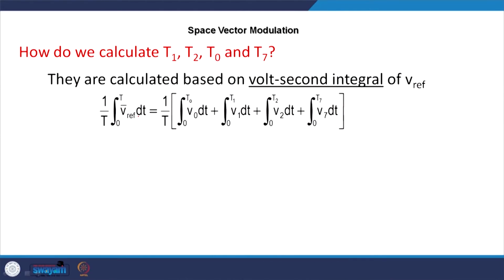If you take the voltage under the curve, that is the time integration of the voltage, that is necessarily flux. And you divide it by T, that relates to the voltage only. So, 1 by T, where T is the reference switching sequence period, integral 0 to T of V ref dt,